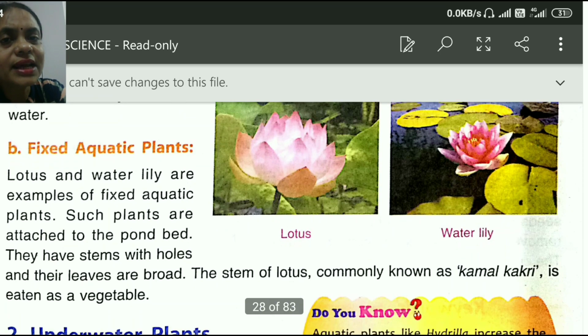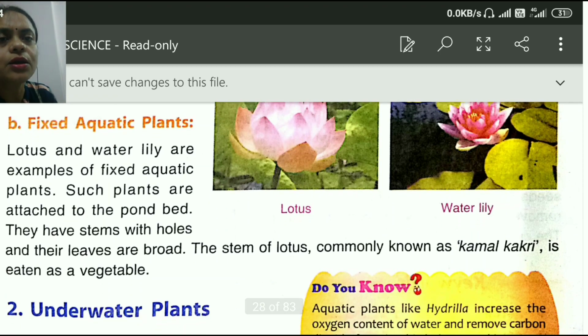The next category is the category of fixed aquatic plants. Lotus and water lily. We used to see a flower standing straight in water bodies like pond, lake, etc. So lotus and water lily are examples of fixed aquatic plants.